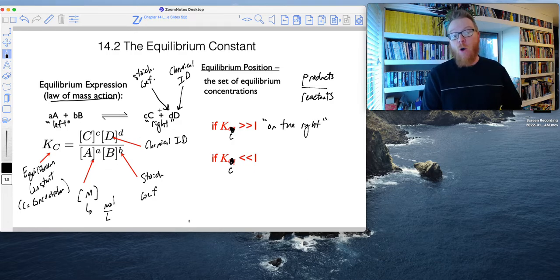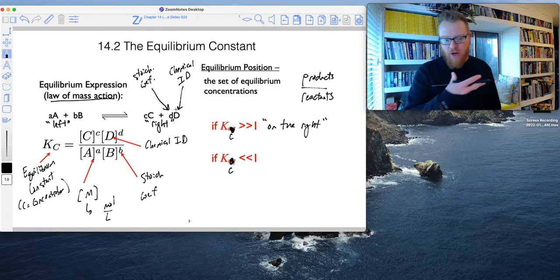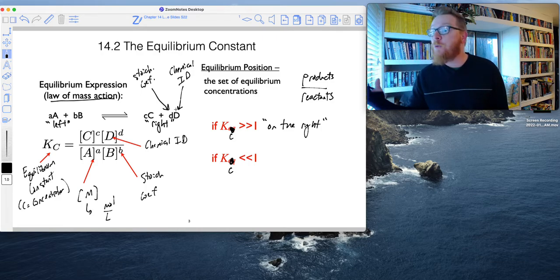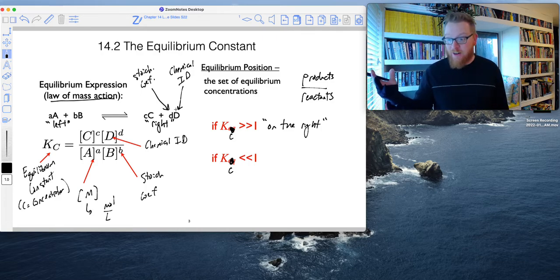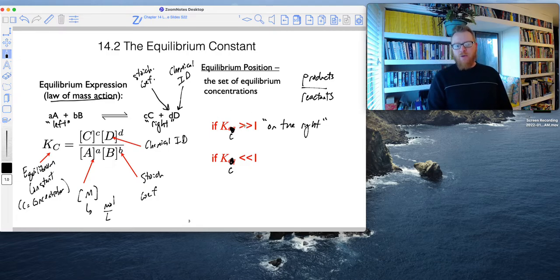In other words, once this reaction stops evolving in time and the concentrations have equalized, the concentrations are constant with time. Equilibrium has been achieved. If the equilibrium constant is much, much greater than 1, then we've made more products than reactants. So we can say, and I'll put that in quotes as well, products